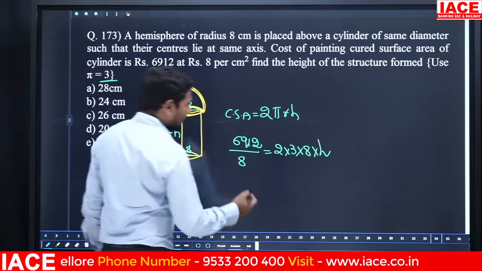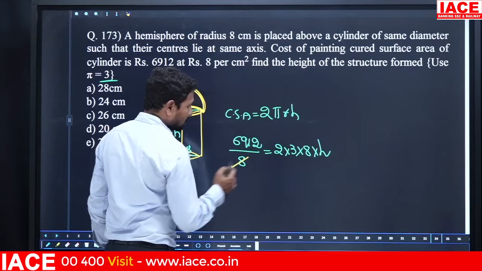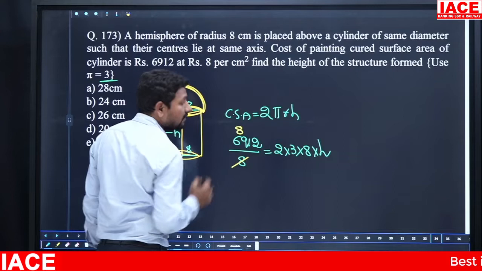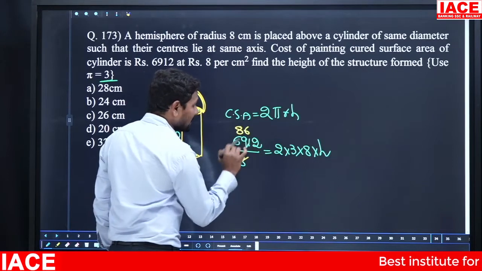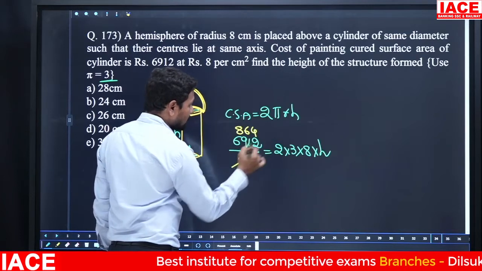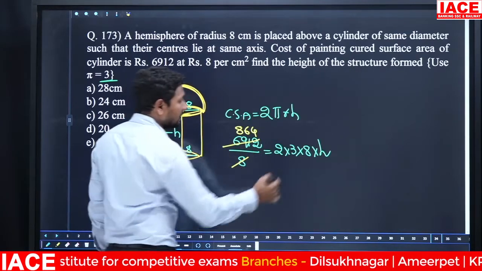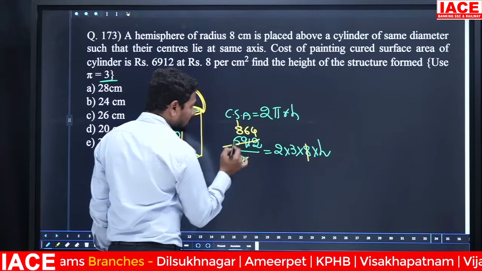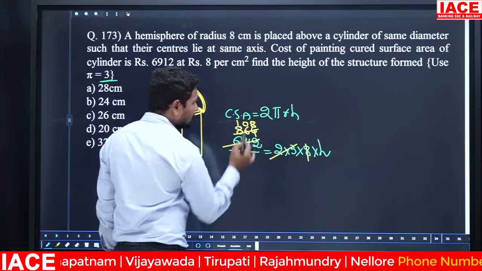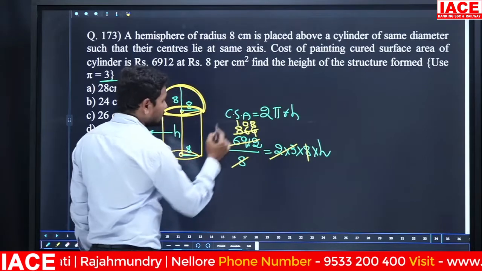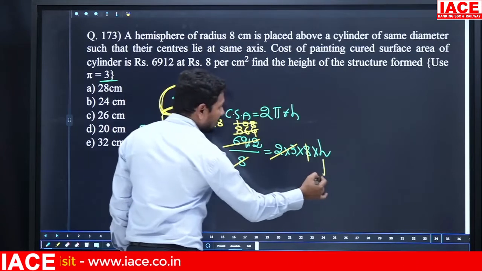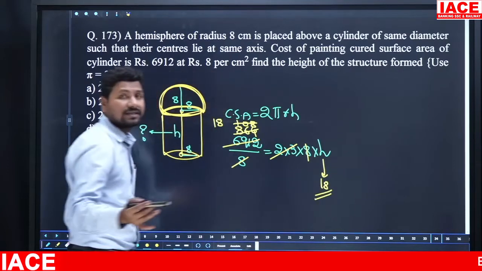So we can focus and cancel the measurements here. Then 8 how many times? 8 eights are 64, remaining 51. 8 sixes are 48. 48 to 51 gap is 3. 3 comma 2, 32. 8 fours are 32. Again cancel with 8. 8 ones are 8. 8 eights. 2 threes are 6. 6 to 8 going to cancel. Then 6 how many times? 6 ones are 6, remaining 48. 6 eights are 48. Then the height value you finally got is 18 meters.